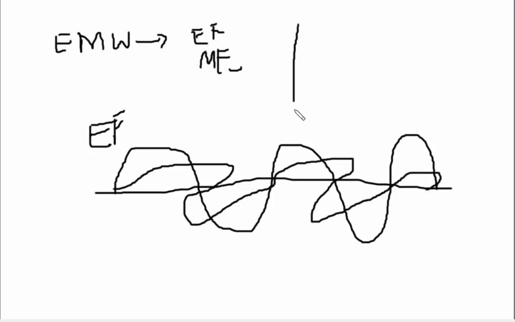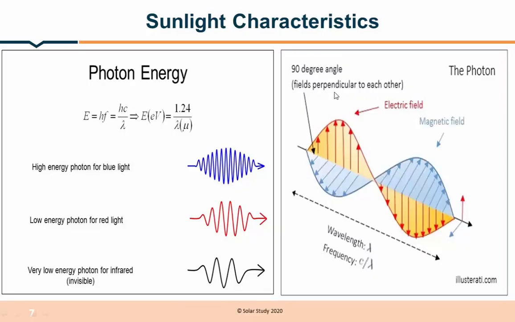Okay, basically electric field and magnetic field are at 90 degrees to each other. This is one of the basic properties of the electromagnetic wave. See, in this image, you can see that the electric field, this one, and the magnetic field, both are perpendicular to each other. And I already told you that the distance from this thrust to this one is lambda.